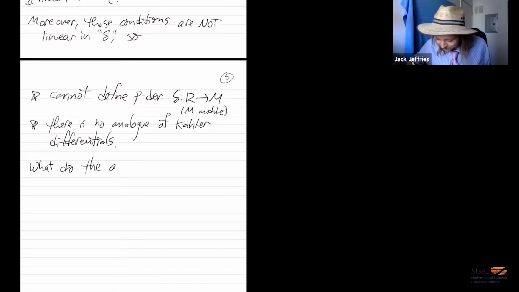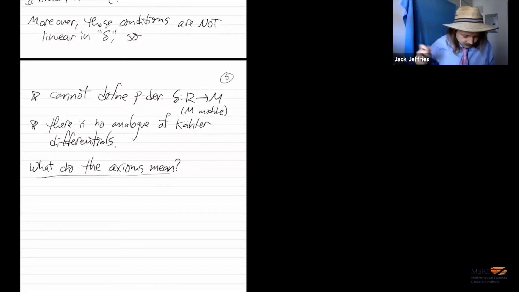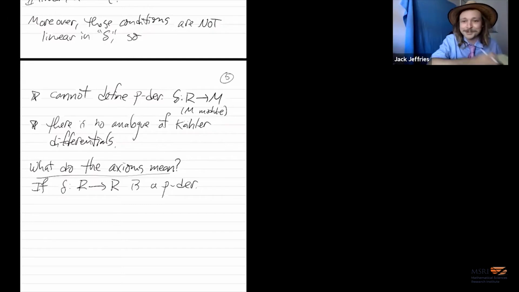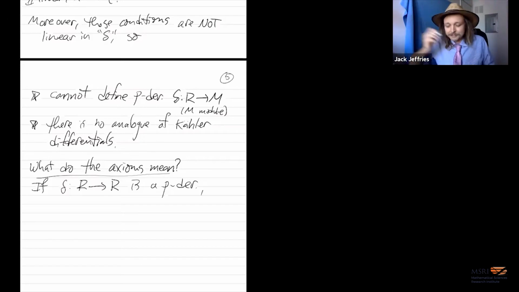So the next thing I want to do to try to get a sense for them is to try to discuss what the axioms mean. Where do these equations come from? Oh, and I'm going to abbreviate p-derivation like this. So maybe I should say that in case that's unclear. If we have a function that satisfies these axioms, basically the point is that we can package this together to form